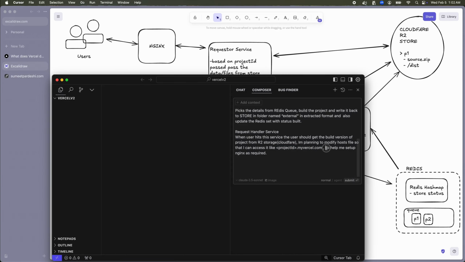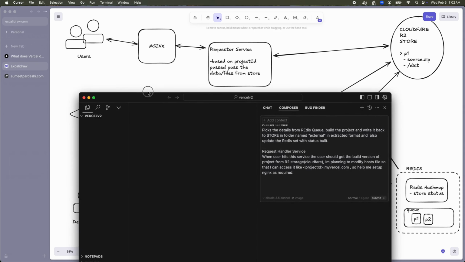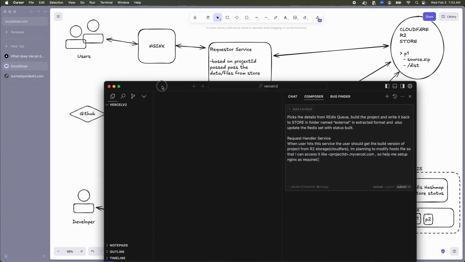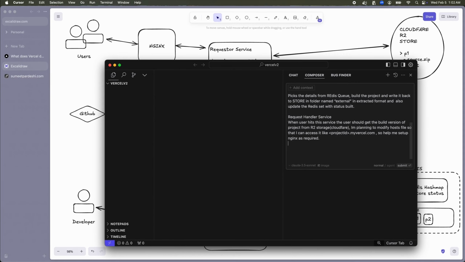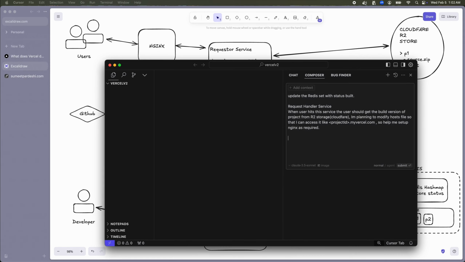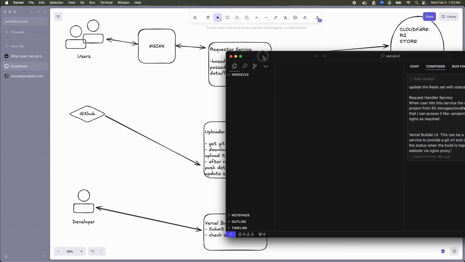And I've also mentioned here to set up Nginx as required. Now this is something which we are telling the composer to do, but we'll see how it goes from there. We are asking a lot over here, I feel, but let's see how much we are able to accomplish with this prompt, right? And the next one is we also want this triggering UI, which we talked about,